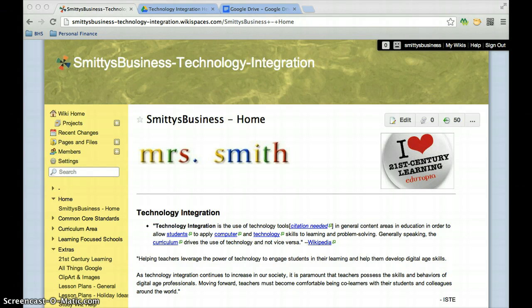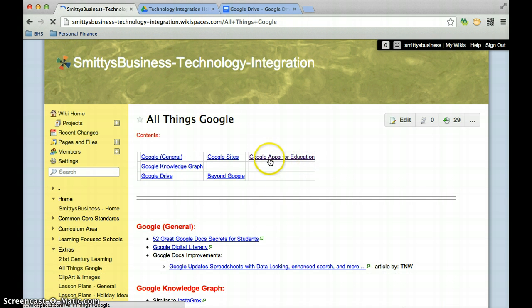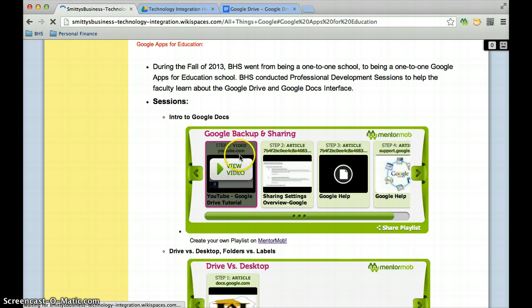I had responded to an email from Rich about Jackie's session, and can you guys get access to some of the stuff that she had done? I don't know how many of you have ever looked at the bottom of my signature in the emails I send you. I have a website. It's this wiki space. It's on every email that I send out. On this wiki space, over on the left-hand side, if you go to all things Google, there's a table at the top, and if you click on Google Apps for Education, which is what we are using,